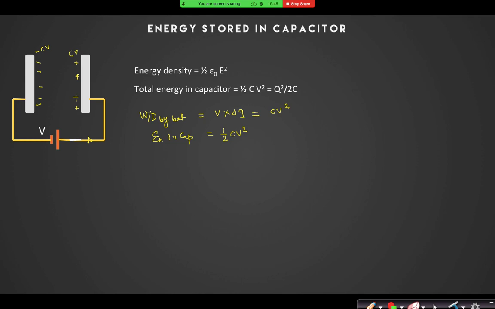Right? Sir, why is it always half? Whatever the resistance may be, it can vary, but you can always calculate the energy stored in the capacitor. That we have calculated, and we have calculated the work done by the battery. So by calculation, it is coming to be half. We have not assumed anything about the resistance here, right? So the rest of the energy will be lost in resistance.